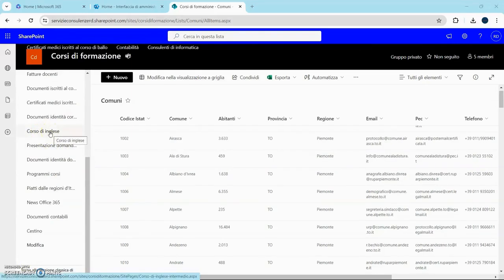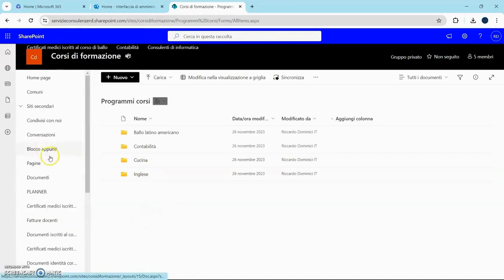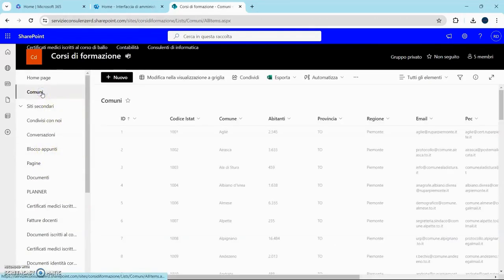And now, wherever we are, for example, here on this other page of the course program site, we could return here in Common, and from the tree menu, return through this link that we have set in our Common list, in our Common Sharepoint list. So now let's synchronize everything